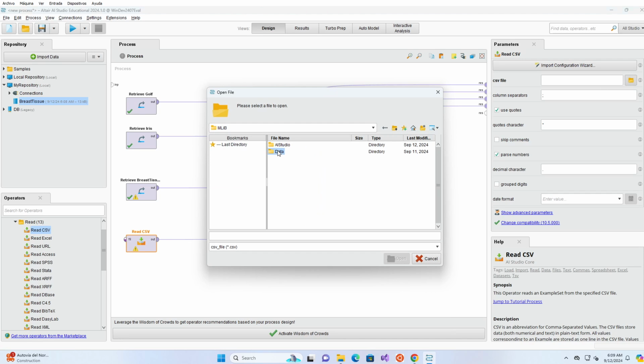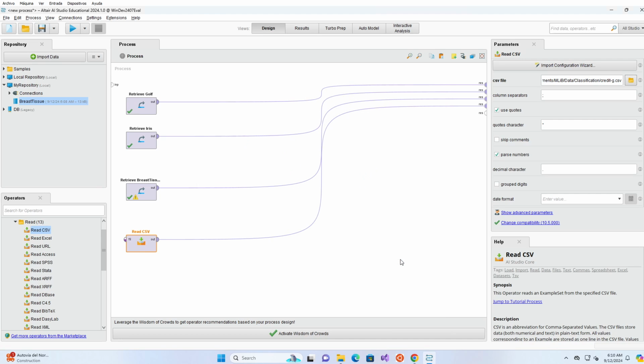I'm going to go to the data. This is wherever you have uncompressed the zip that I provide with the data sets for the course. Double click over there, go to classification, and let's import, for example, the credit-g CSV file. If I run the process,